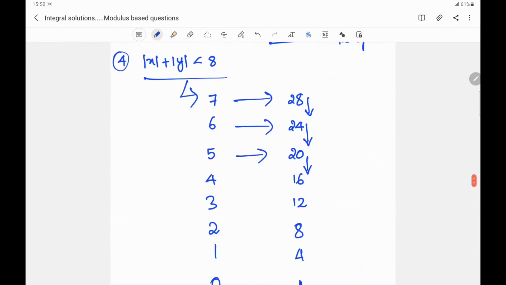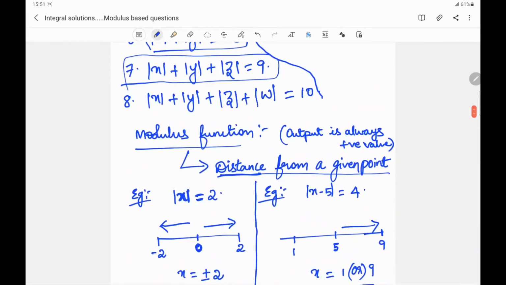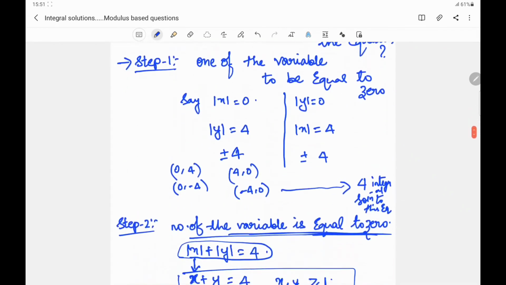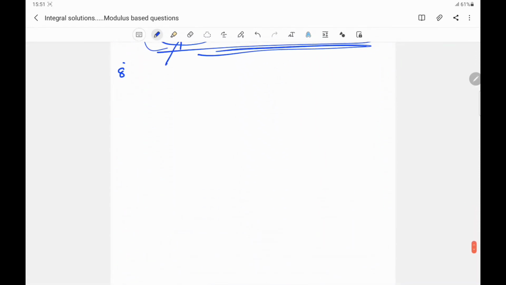Now let us solve the last question which we have written. The eighth question is where 4 variables are there, so 4 modulus functions are added. The eighth question is modulus of x plus modulus of y plus modulus of z plus modulus of w equals 10. This is the given equation and we are asked to find the total number of integral solutions to this equation. So in step 1,